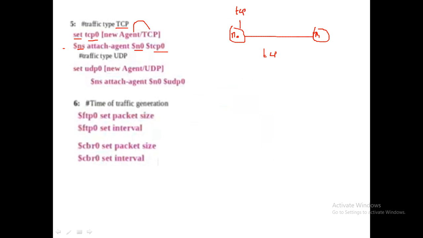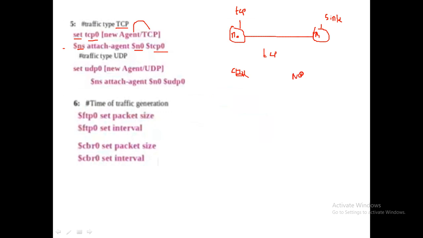If you are using a TCP connection, source you have to connect to TCP, destination you have to connect to sink. So we are going to call it a sink. If you are using UDP, then the source will be CBR and the destination will be null.